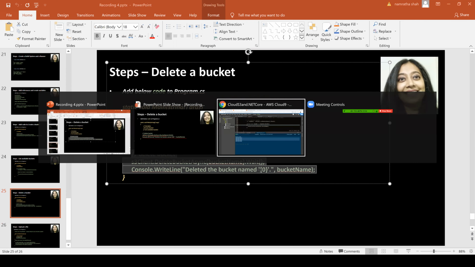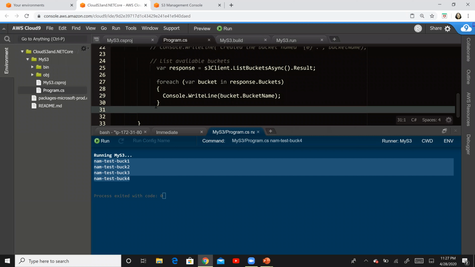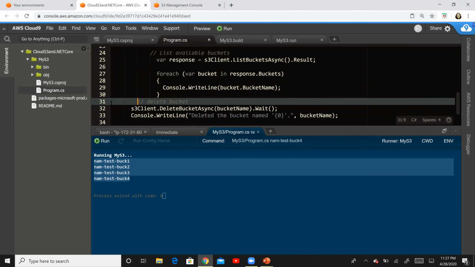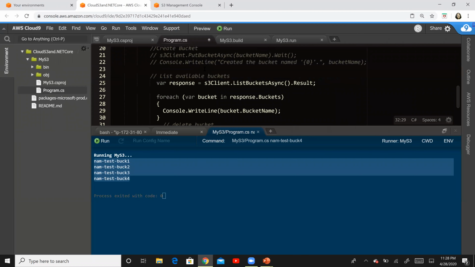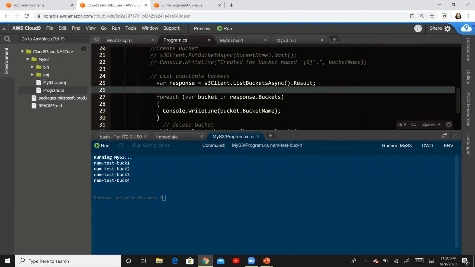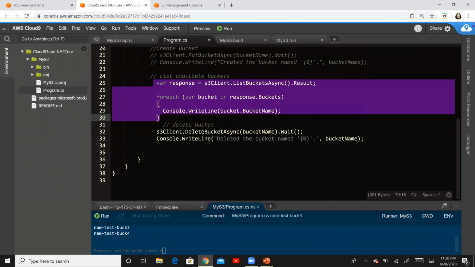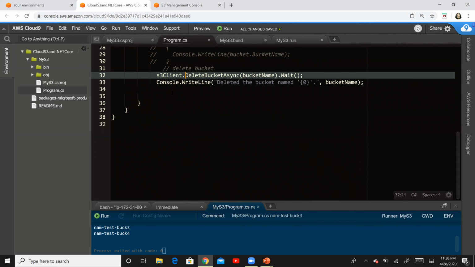Let's copy this and then go back and then paste it right there. Right? So this is our piece of code to delete a bucket. Now, if you want, you can actually go ahead and comment list buckets. Okay, so I'm going to comment this so that we can only focus on this particular piece of code, that is these 2 lines to delete a bucket. Now we had created a bucket named test buck4, so I am going to go ahead and delete this particular bucket.